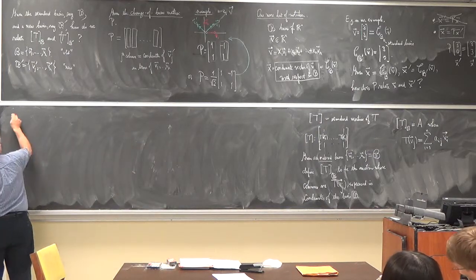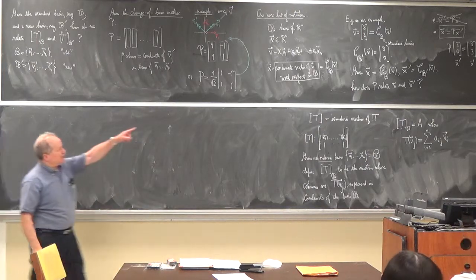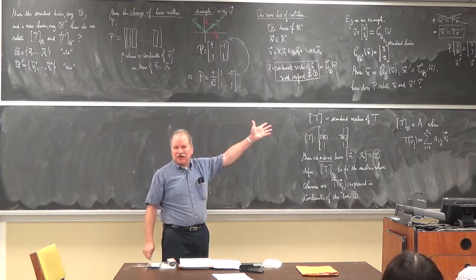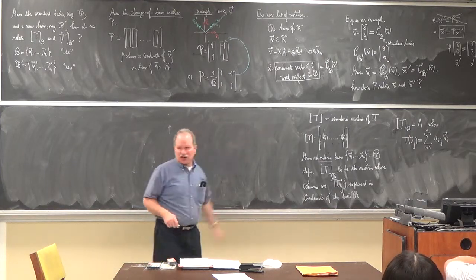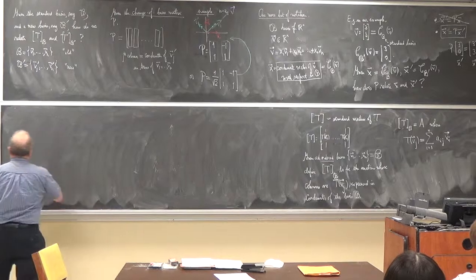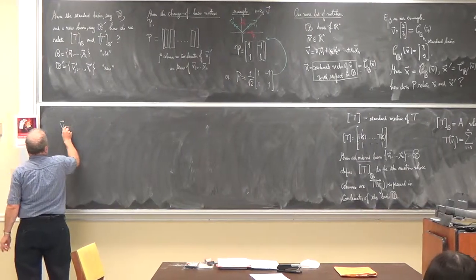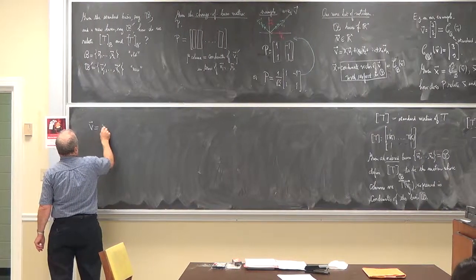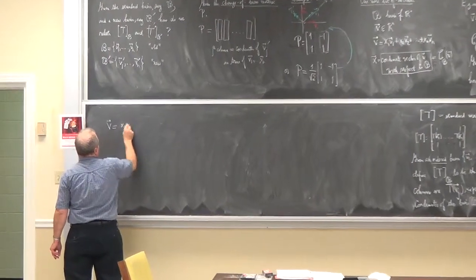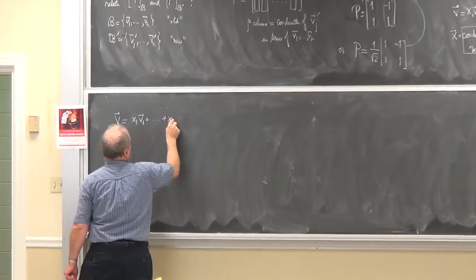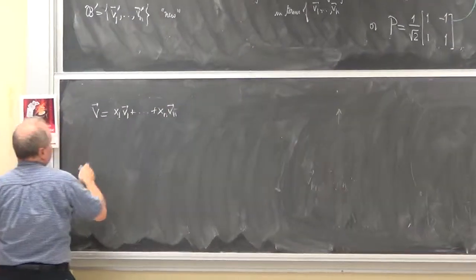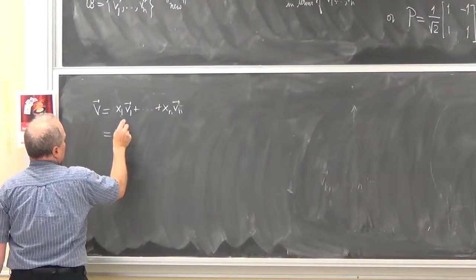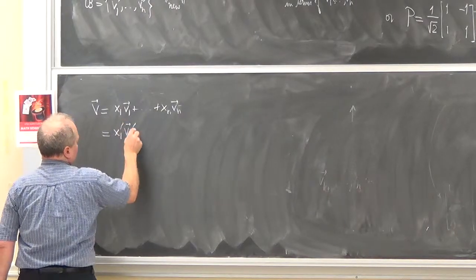Word bank, please. All right, so what's the proof that we see in the example that that's the right formula, but the proof isn't much harder. If you want to take the vector v and you want to write it as x1 times v1 plus and so on, and you also have it written with the primed basis vectors,